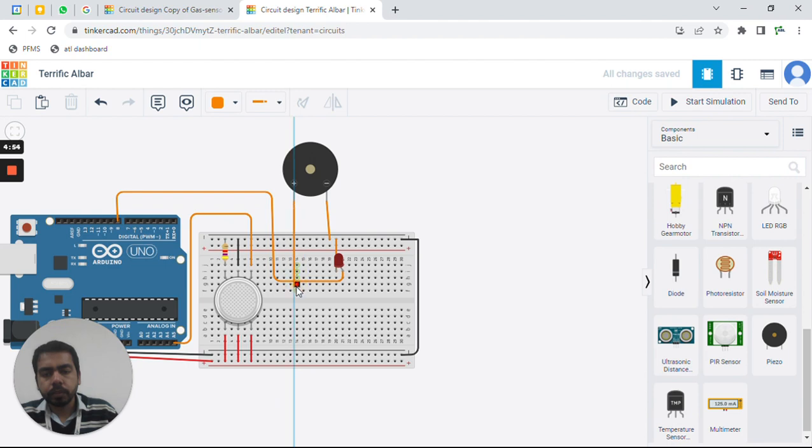Let's suppose I want to connect it with pin number 8. Simply connect them both to the same pin.